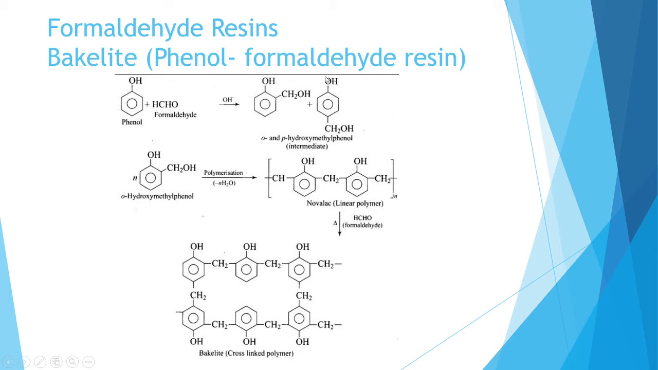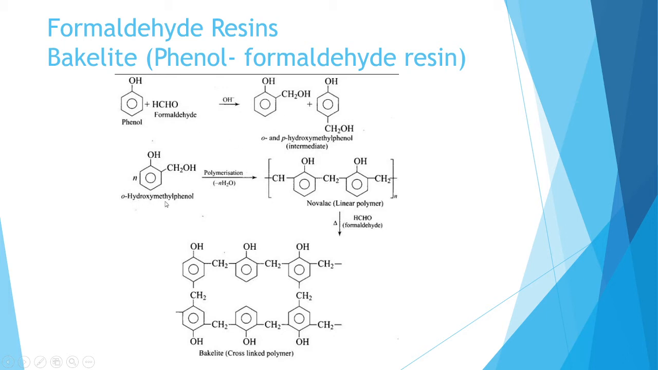For the synthesis of phenol formaldehyde resin, the monomers are phenol and formaldehyde. This is phenol, C6H5OH, and this is formaldehyde, HCHO. So here, the CH2OH group from the formaldehyde will be substituting at the ortho position of the phenol or at the para position of the phenol. So we get two products in the first step, that is ortho hydroxy methyl phenol or para hydroxy methyl phenol. And when this